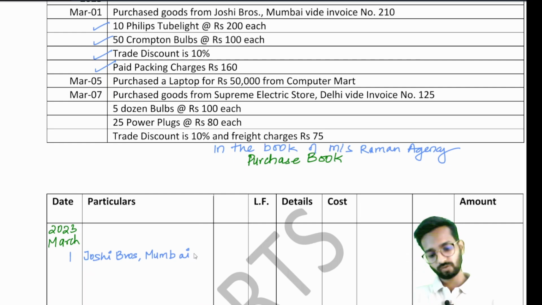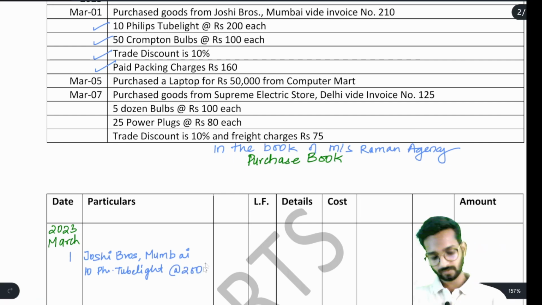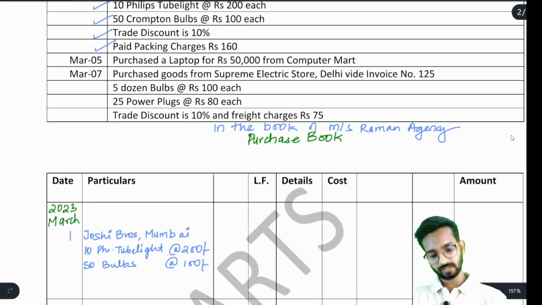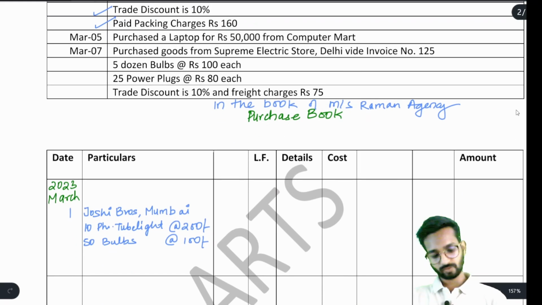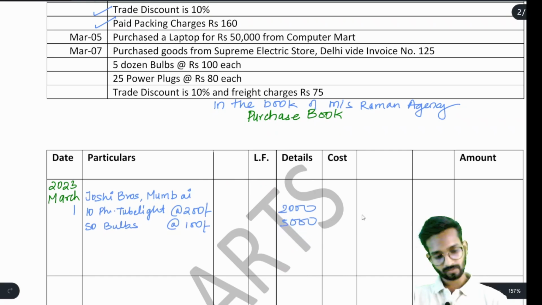Joshi Bros Mumbai, what do we purchase? We have purchased 10 Philips tube lights at 200 each. Then we have purchased 50 bulbs at rupees 100 each. So if I have to write the detail here, for 200 it has become 200 into 10, 2000 rupees, 100 into 50, 5000 rupees. We will give the total now. The total is